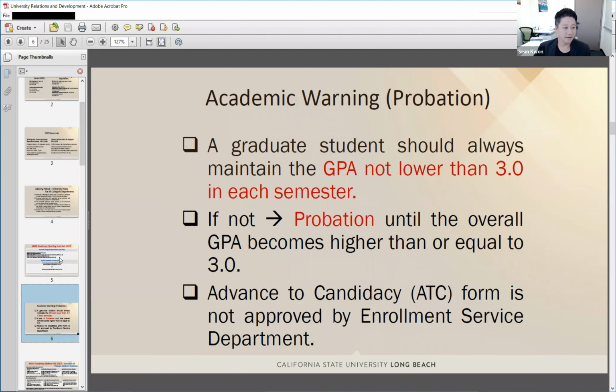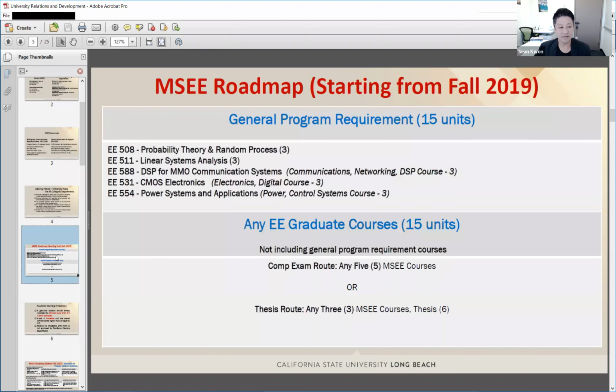Okay, good. If so, let's go back to slide 5. It is important information, especially for the new MSEE student. Following the executive order from the Chancellor's office, we have these 5 mandatory classes, regardless of your emphasis or tracks. 508